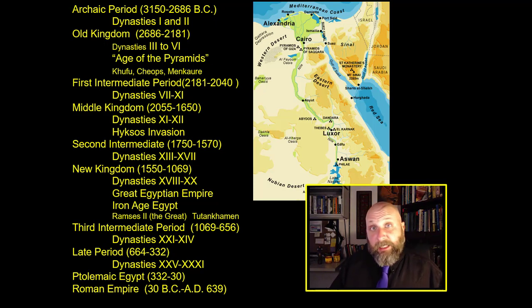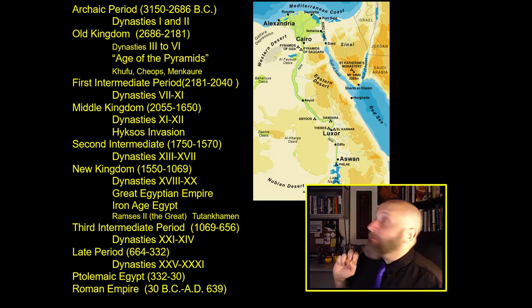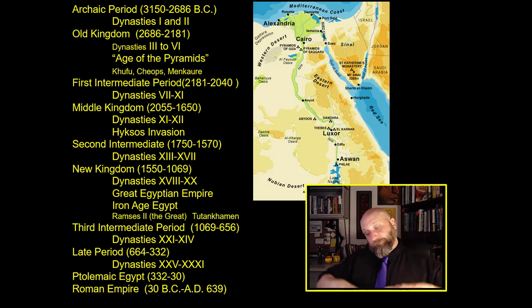The first Egyptian civilization is pre-Pharaonic Egypt. That's the one we've already discussed, that eventually coalesced from small villages to small kingdoms to two kingdoms to the unification of Egypt under Narmer. That is the first Egyptian civilization. Pre-Pharaonic Egypt gives way to the Old Kingdom. And there's the Old Kingdom right up there, roughly 2686 to 2181 BC. This is the Old Kingdom. This is the first Pharaonic civilization in Egypt. This is also the age of the pyramids, at least according to Manetho.